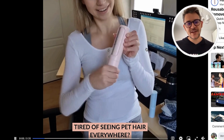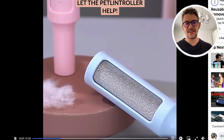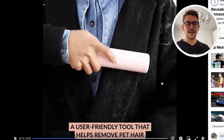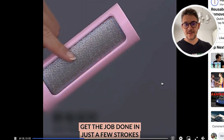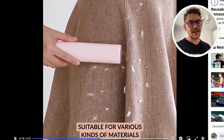So they have some generic music in there. They have some text in there. Are you tired of seeing pet blah blah blah? Let us help you. A user-friendly tool helps you remove pet hair. Get the job done in just a few strokes. And so basically they are explaining how